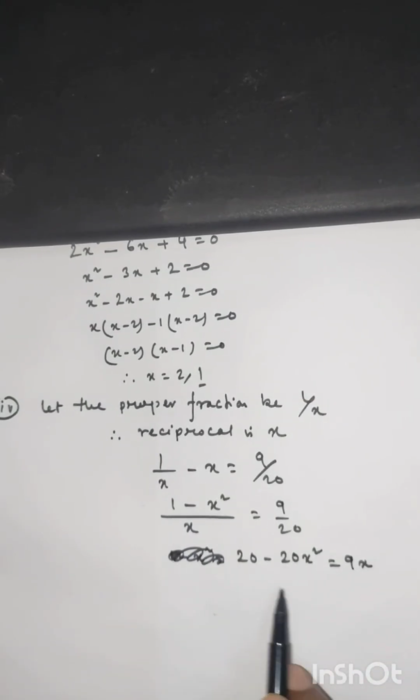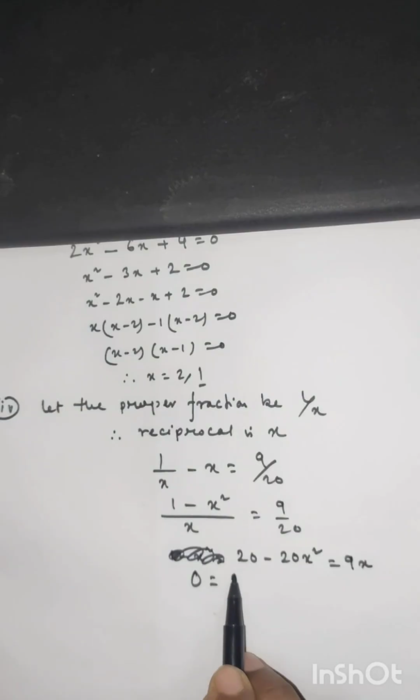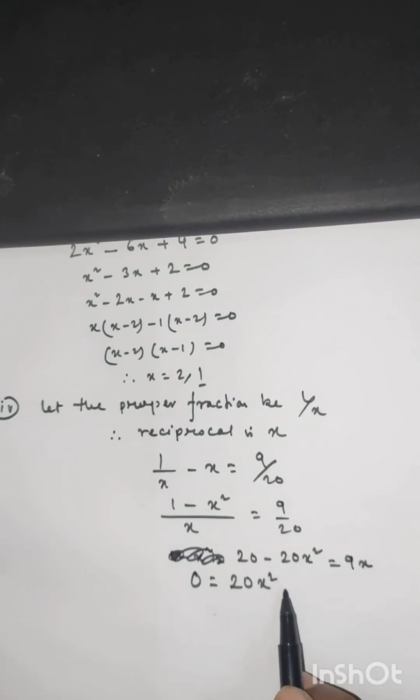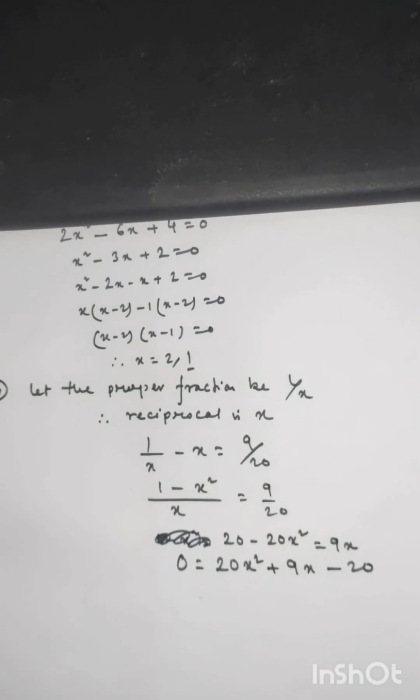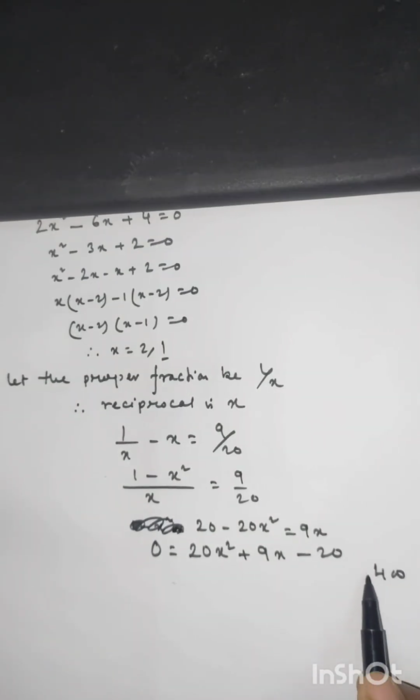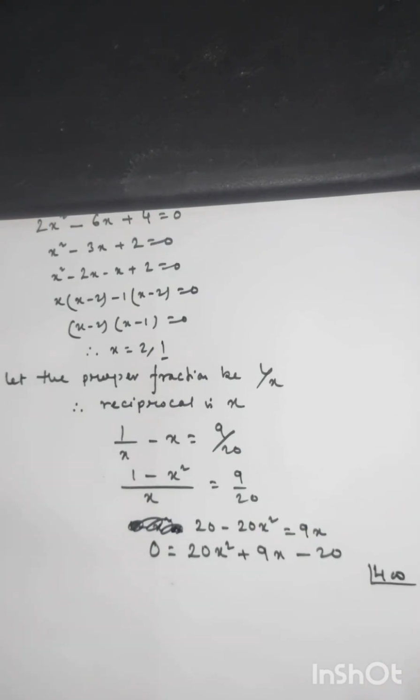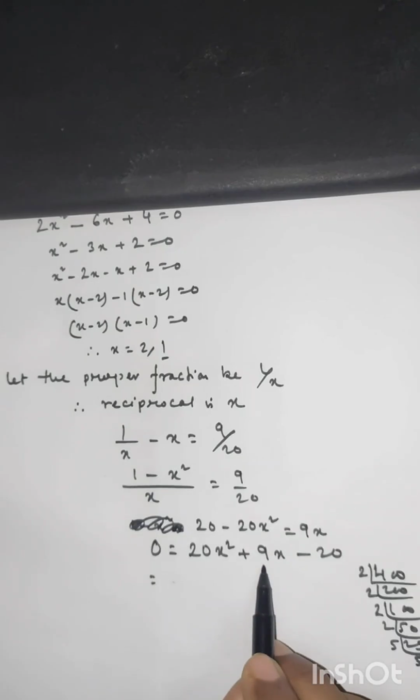If we take these quantities to the right side, so this is our quadratic equation. We can break the middle term as